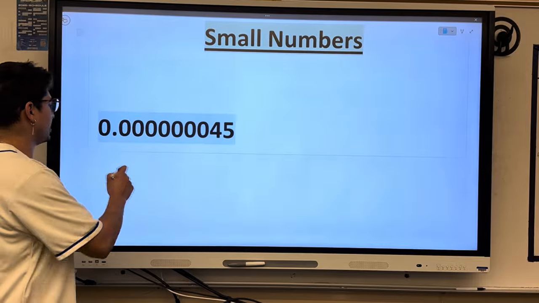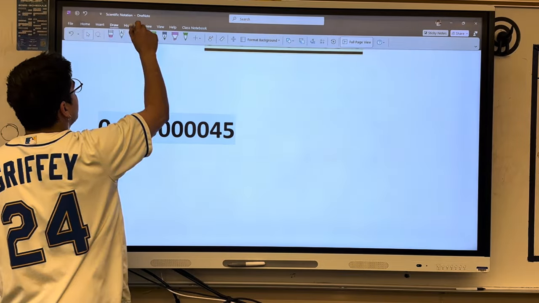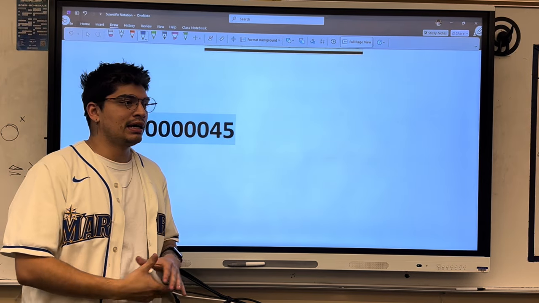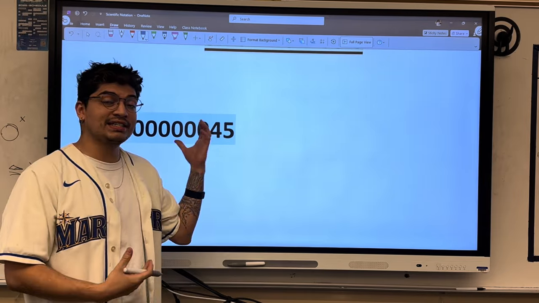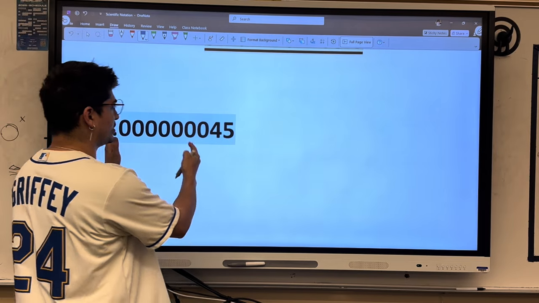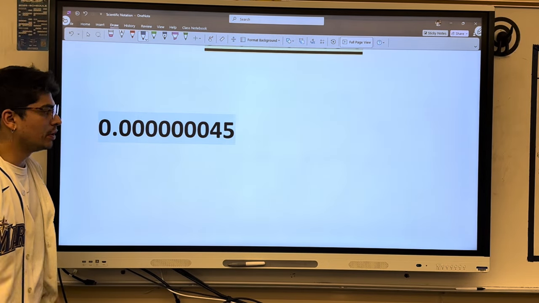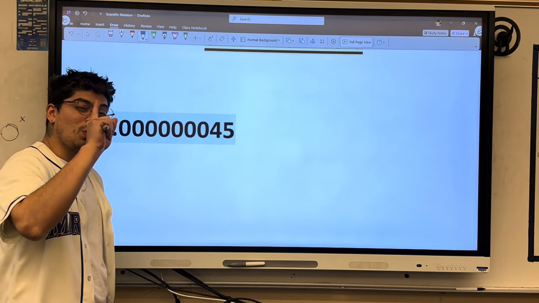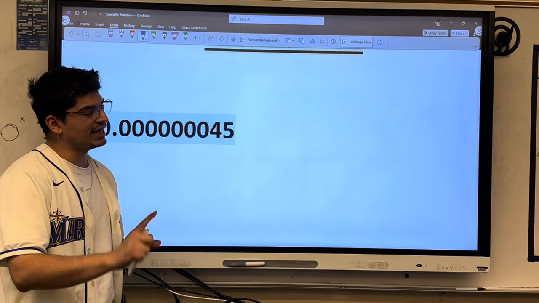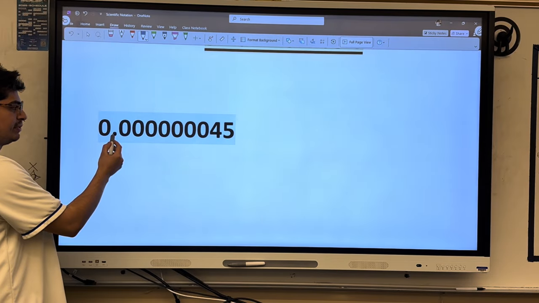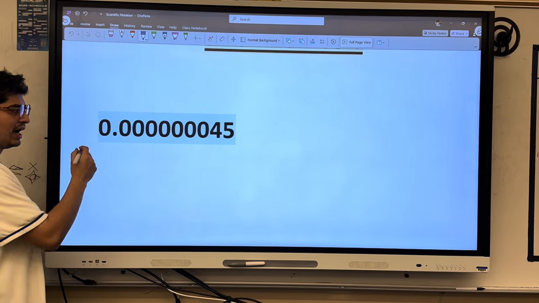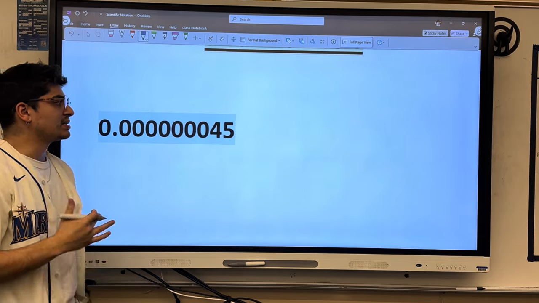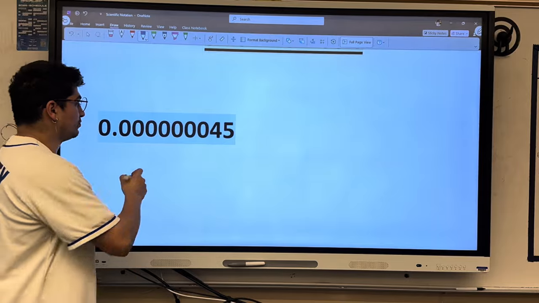So we came up with this idea, right? Of representing this in a way where we're multiplying it by 10 and an exponent because it can represent all these zeros. So what does that look like? Well, scientific notation requires that you have one number in front of the decimal and it cannot be zero. So right now I see a decimal point and it's got a zero in front of it, right? So I want to bring this decimal point over to the right